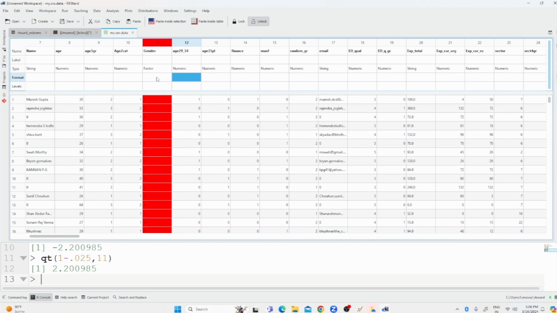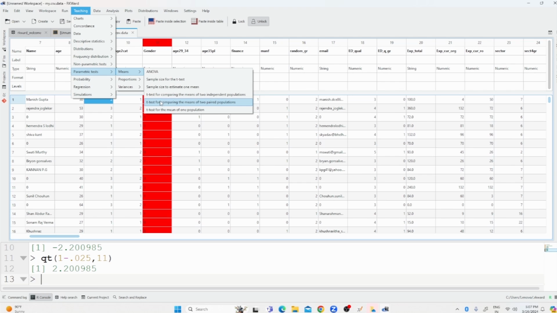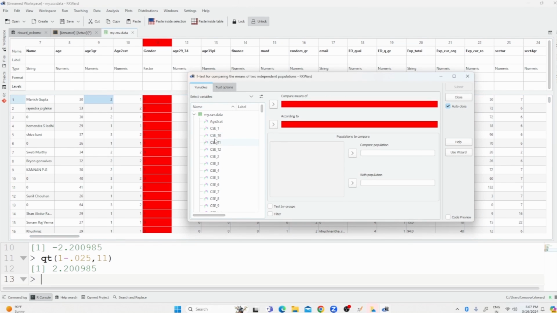I think this factorization creates a problem. We are writing 1 2 1 2. Ideally we should write, okay, let's take H. H 3 group, means of 2 paired independent. Okay, now